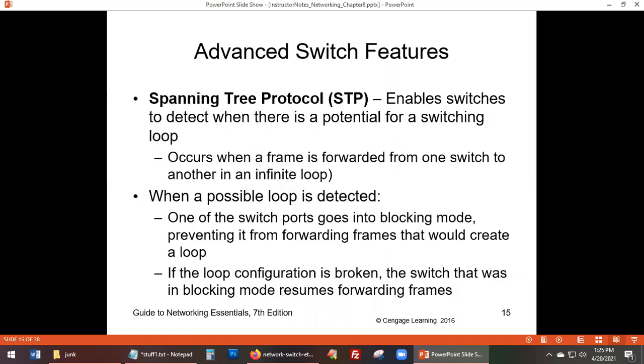So a switch that has the spanning tree protocol feature can prevent all that stuff from happening, right? A couple of times, maybe once in a while, a message never gets delivered because of this loop. So we have to block that from happening and then continue with our regular process,